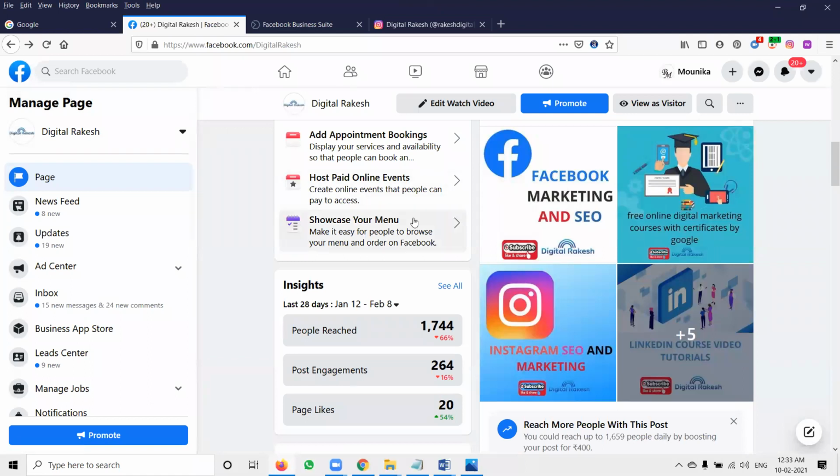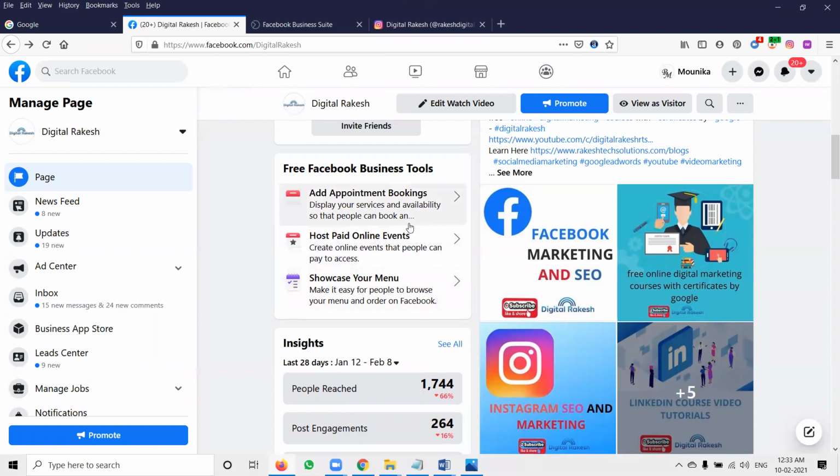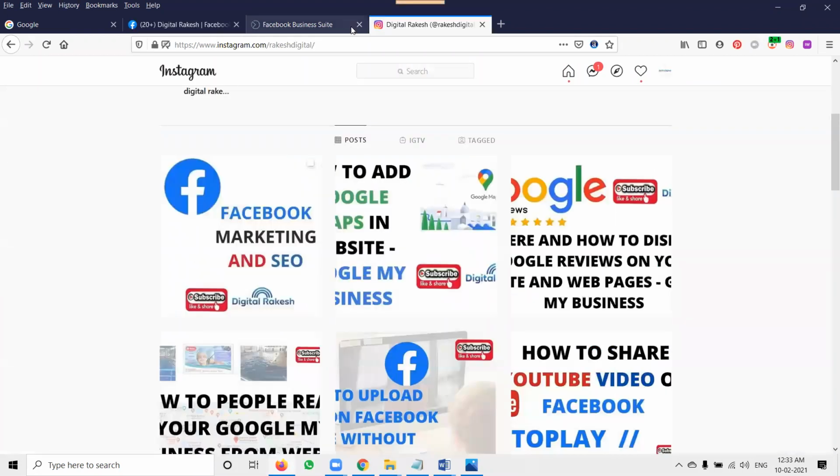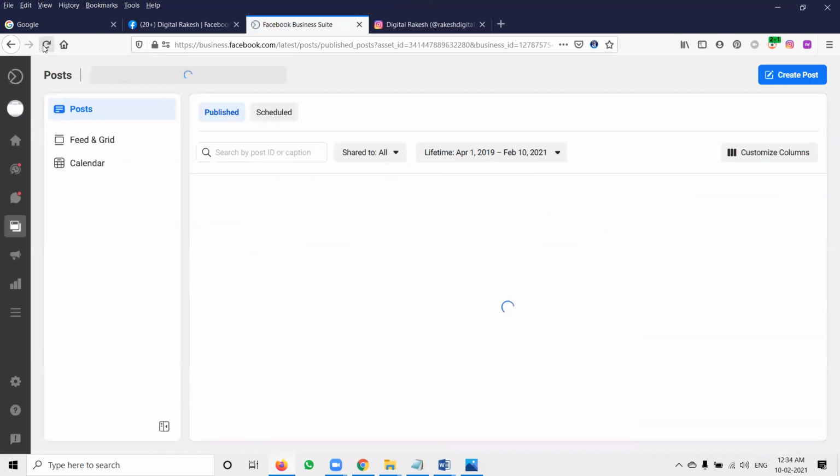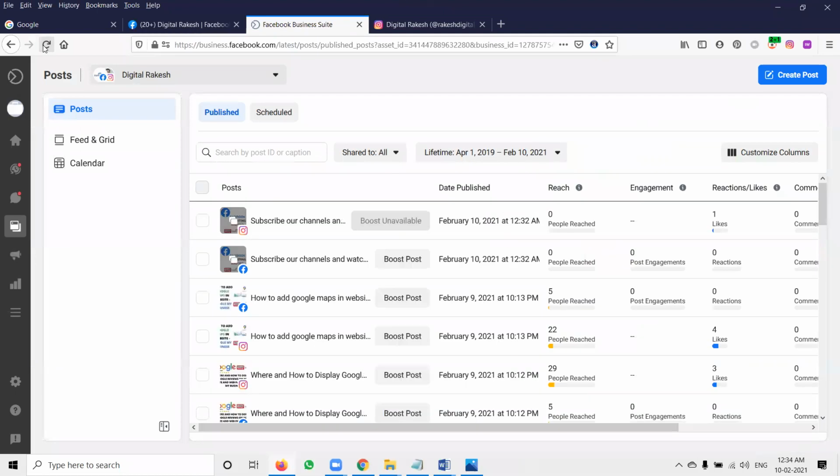For carousel images on Facebook, we have to use an option called Facebook Creator Studio. For Instagram, use the Facebook Business Suite option. Follow these steps and upload multiple images to your Instagram. When people learn about your channel or your business, they get an idea and will click the particular option.